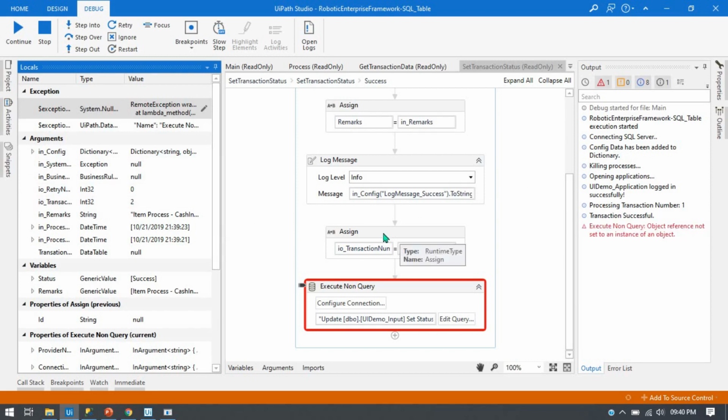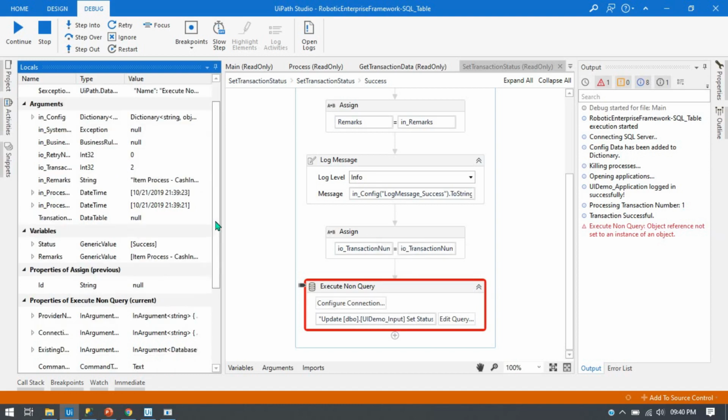So what we'll have to do, we'll have to move this to the AND. So first this will be updated, then transition number 1 will be plus. Now we have the in remarks, this one, and then we have the status. So because we are passing the status and remarks, and this is start date time and date time,